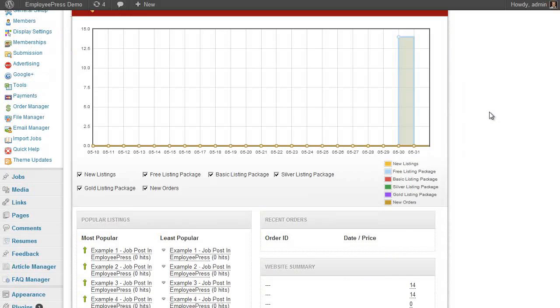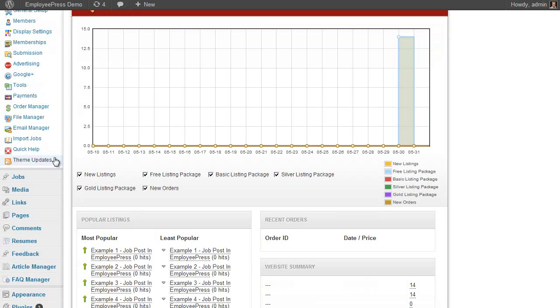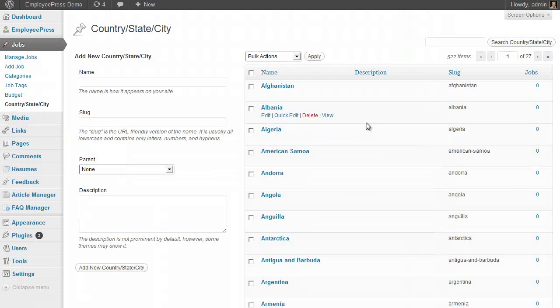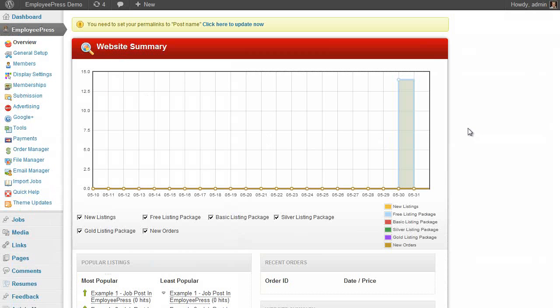The overview is basically a general overview of your website, and by clicking on the overview page when you first set up your website, it's going to go ahead and install all of the country options as available. So we've got country, state, city, and it's going to go ahead and activate and install all these for you. So it's kind of a default activation for some of the theme settings as well as an overview of your